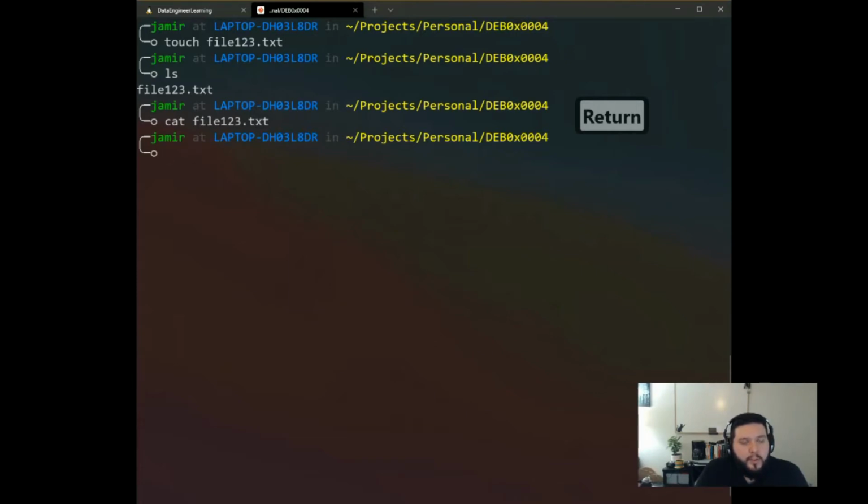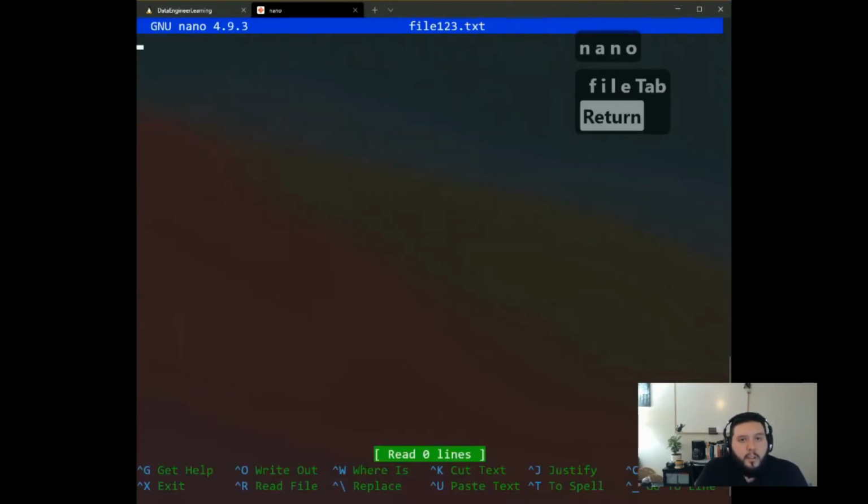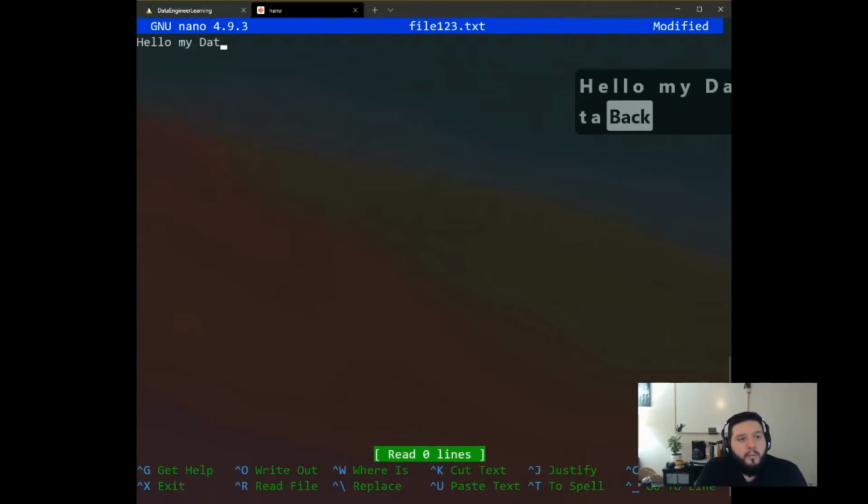There are a lot of editors in the Linux terminal. There's Vim and NeoVim, or we could use Nano. Nano is a little bit more user-friendly. It doesn't have some commands that might be too overwhelming to learn, so let's use Nano. We type nano file123, and this is Nano. It's just a text editor where I'm going to put hello, my future